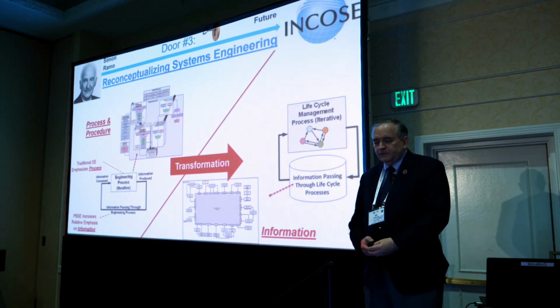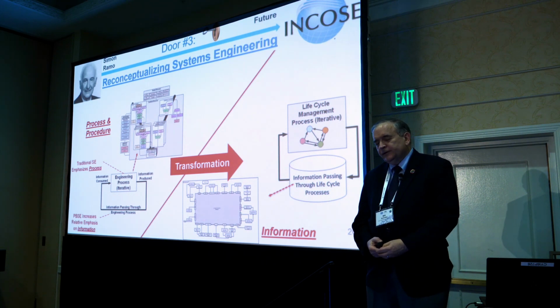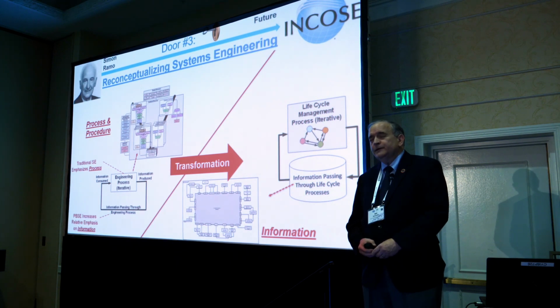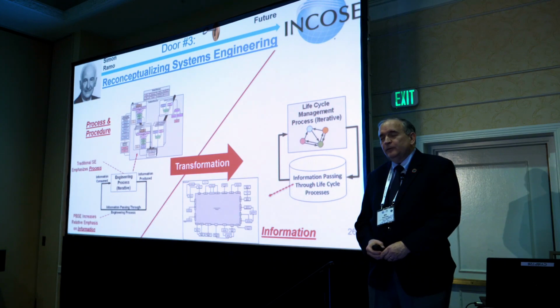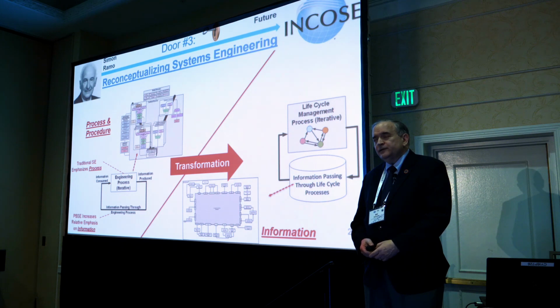The third door, the most current question, is about reconceptualizing systems engineering. Simon Ramo and his other very smart colleagues back in the mid-20th century, in the 1950s or so, brought us the early versions of our formal practice of systems engineering in order to organize what wasn't going so well at the time. We were building systems too complex to make them work, and so we began at that point to be more formal about what we think of as systems engineering until fairly recently. The question is, what's the future of that going to look like,